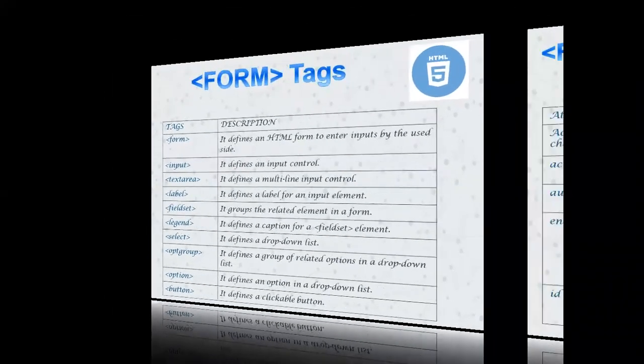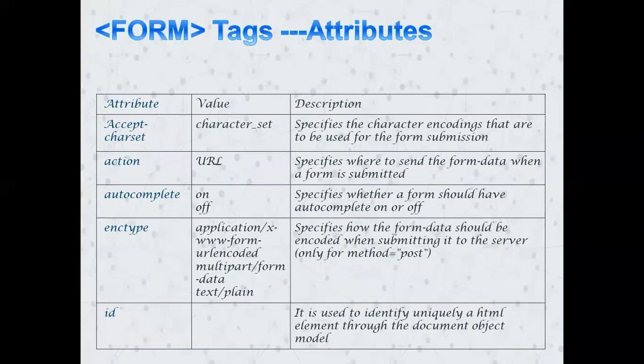Then we work with the form tag attributes. First of all, you should know what an attribute is. An attribute is nothing but a property which we give to all the tag elements. So for form tags also there are attributes, there are properties. Whether you want accept-charset for encoding purposes when you submit, or whether you want an action. Action is nothing but when you want to link certain data or post it or get it. Autocomplete is nothing but it can be turned on and off.